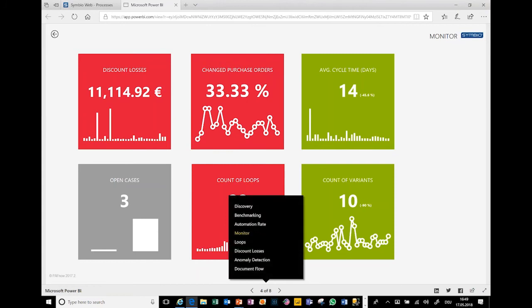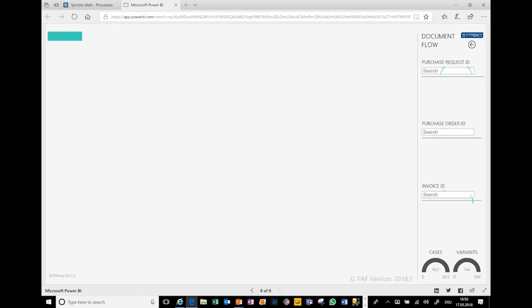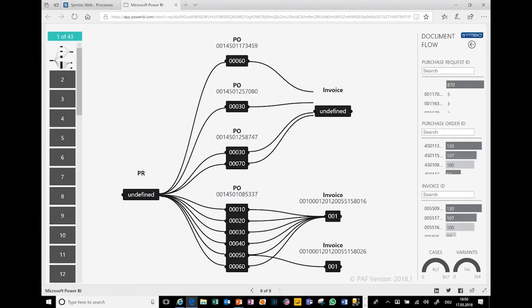Because it's an innovation day, with the last two examples, I will show what will come next with PAFnow and with a technology that we provide for Symbio process mining. One aspect is the so-called document flow. You have already seen the process flow, so how the entire process looks with individual process steps. When you talk with people and employees who work with SAP a lot, they are not that process step driven, they're more document driven.